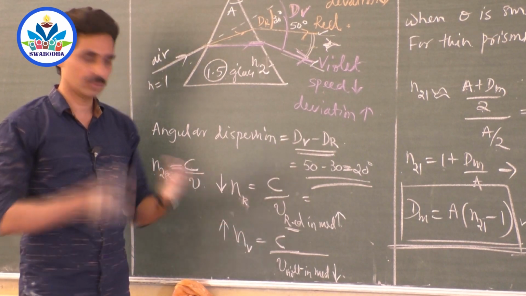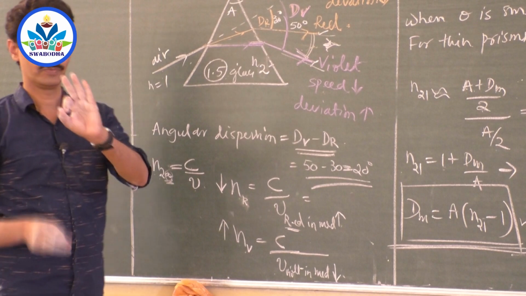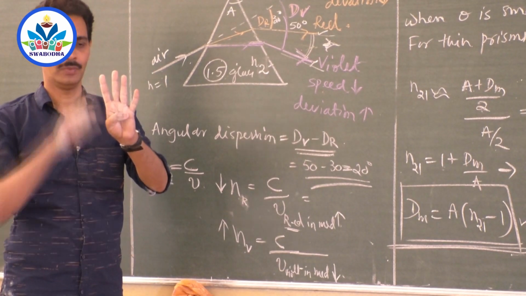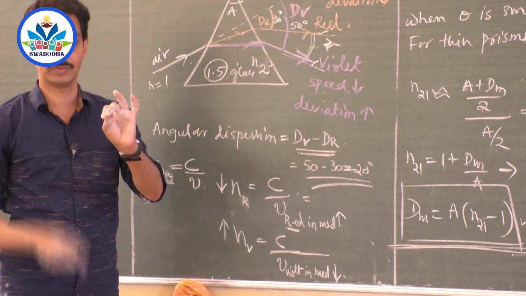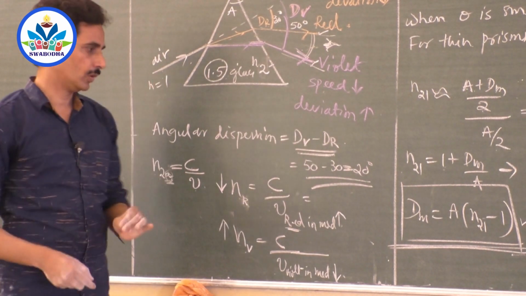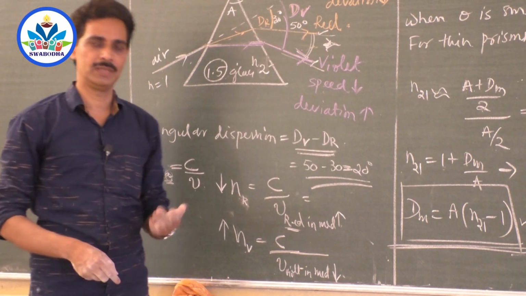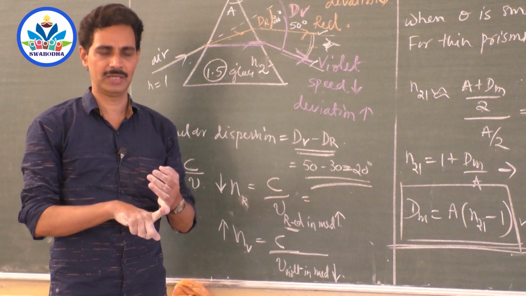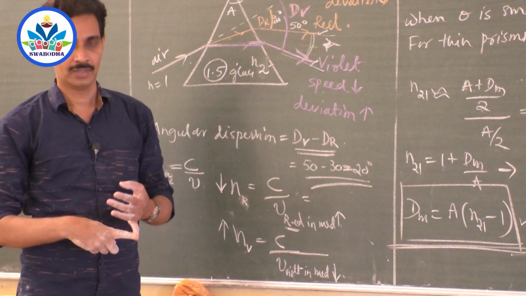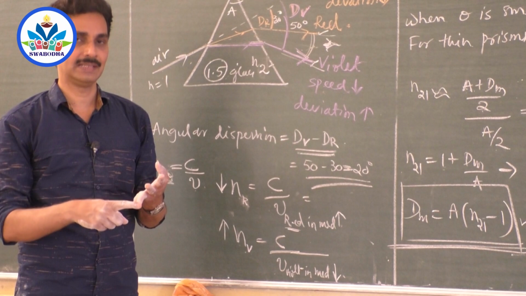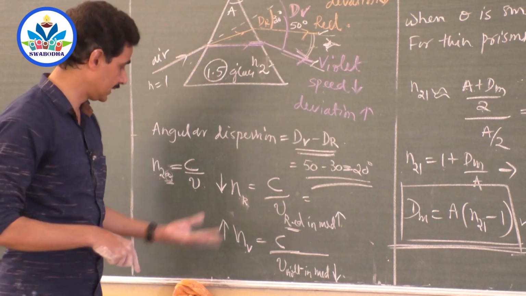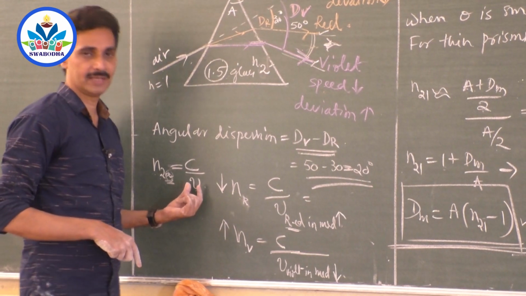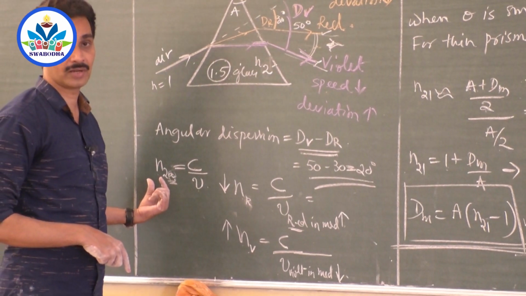That depends on speed. So three things you have to consider here. One, when a color enters a medium, what is its speed? What is its deviation? What is the refractive index of the medium with respect to that color? So when any color travels into a medium, say red color, we will take the two extreme colors. Red color enters into a medium, its speed is highest and its angle of deviation is least. Since its speed is highest, speed comes in the denominator for the refractive index formula. Since the speed is highest, refractive index is least for red.